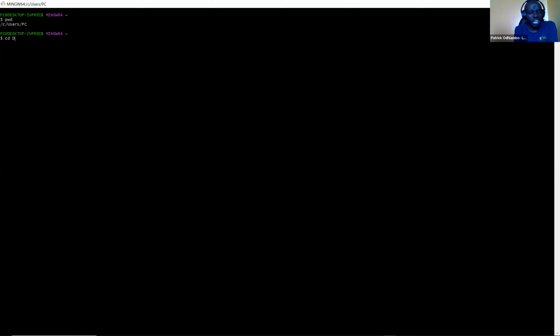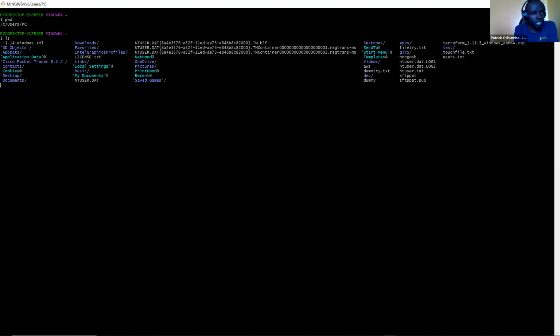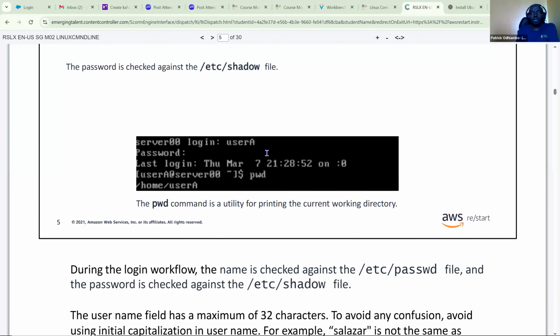CD. Let me do ls first, let me see where we are at. So CD lets you change directory, and then LS can help you list all the files and the directories, which are just like folders, that you have within your current working directory. So those are the first two commands. I am not sure if we will do a deep dive into the commands, but right now we are doing the command line, and we will come across some of these commands.